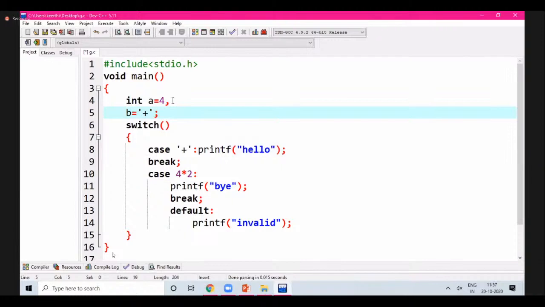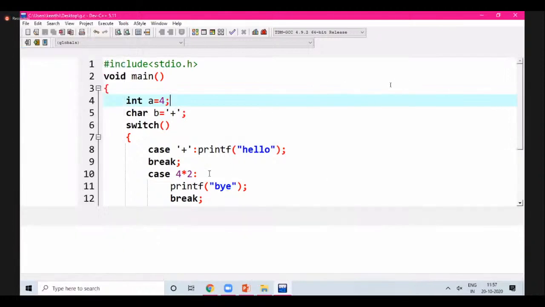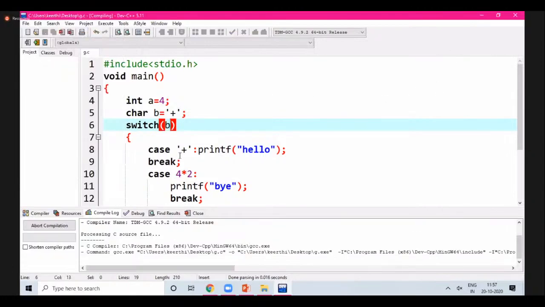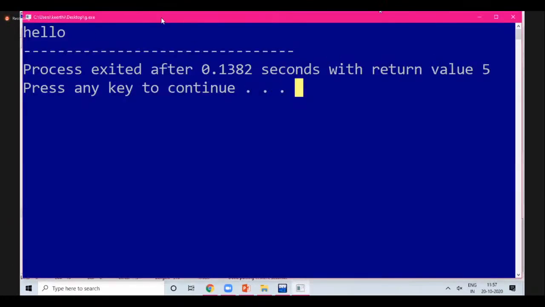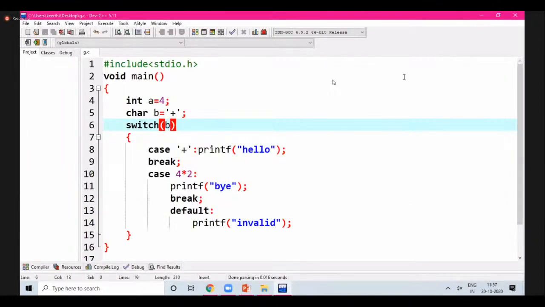As it is a character, I can do this. So I can get hello here. These are the allowed syntax rules for switch case.